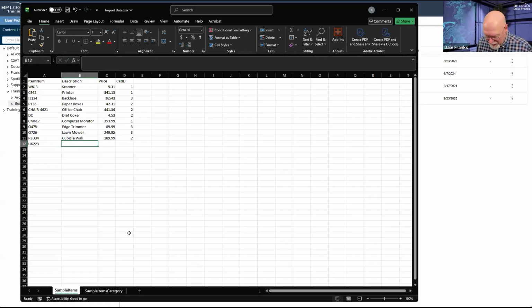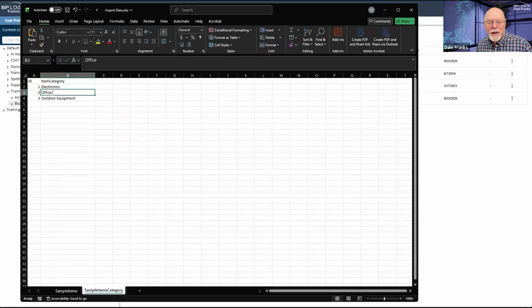We'll call this a cubicle desk. And we'll say that that cubicle desk costs $249.95. And the category ID, since this is office equipment, we're just going to give it a category ID of 2. And that category ID of 2 will, of course, match the office item category.